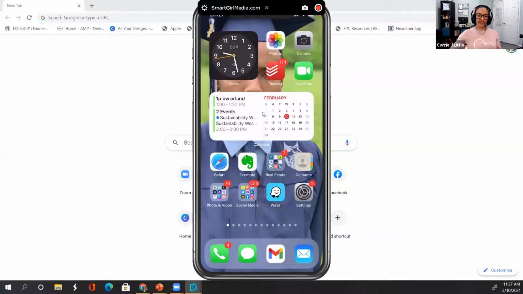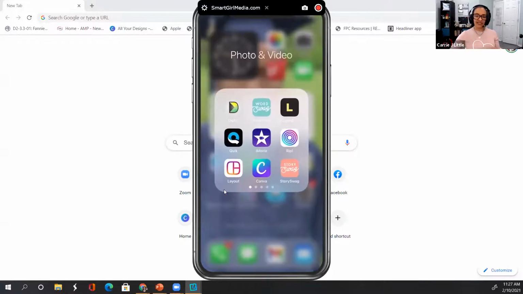So these are here. These are a lot of the apps I use. So I create groups for my apps so I don't have to hunt for them. The one I'm going to use today is called WordSwag. There's also something called StorySwag. This one is for $5 one-time fee. This one might have a monthly fee. It might be $10 a month. And then the same for Ripple. And I think we have time. I'll show you both of those.